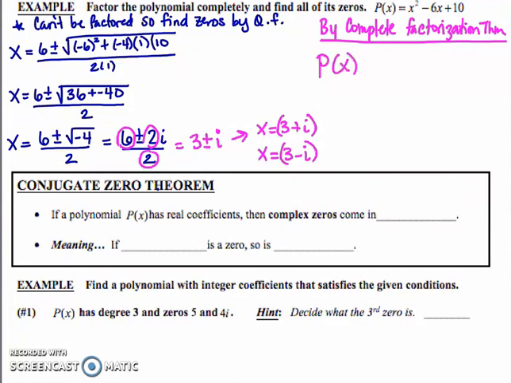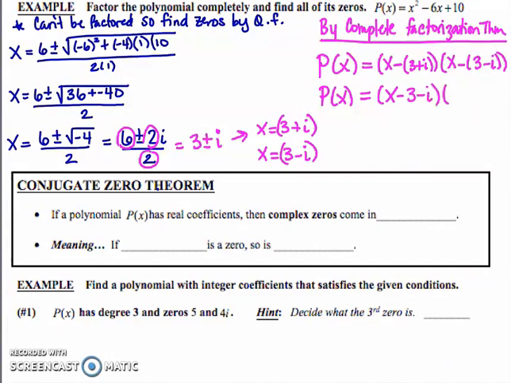So our polynomial p of x is going to be written as, and we're going to do this in 2 steps. It's going to be x minus, because it's always x minus the solution for the factor. So it's going to be x minus (3 plus i), and that's going to be x minus (3 minus i). Notice how I'm doing nested parentheses. So then I'm going to go ahead and distribute that negative sign and get rid of the inner parentheses. So my final answer is going to be p of x equals x minus 3 minus i times x